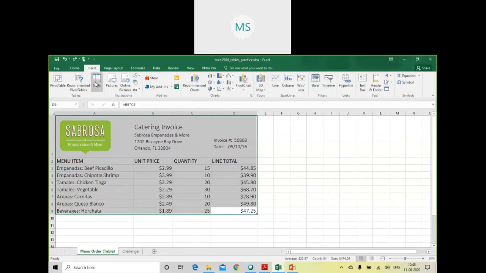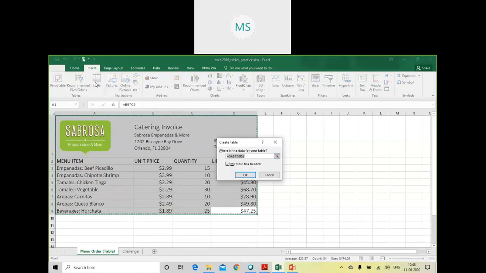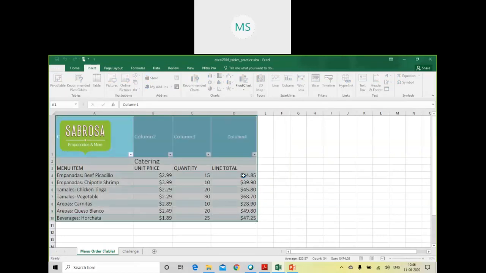The moment you click on Table, it automatically selects that particular area. Here you can see the total cell range, and the option "My table has headers" is checked. If you keep it unchecked, just see what happens. Click on OK.